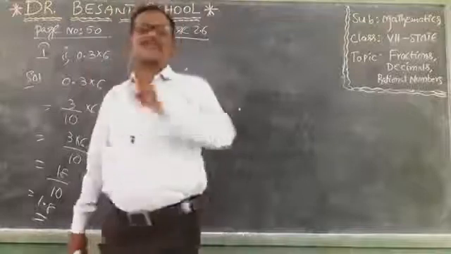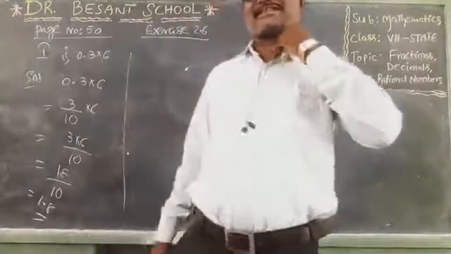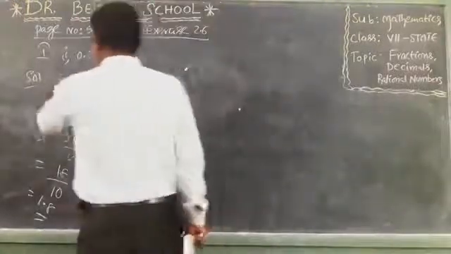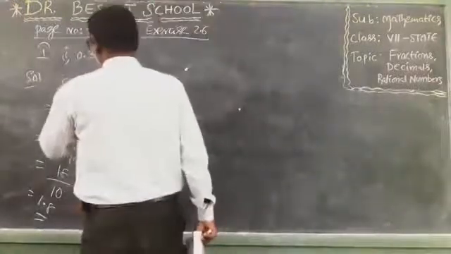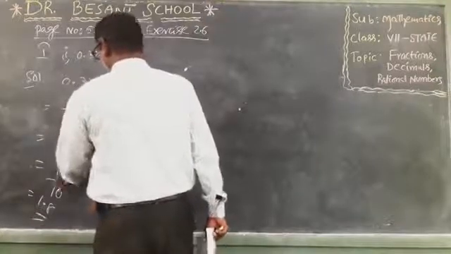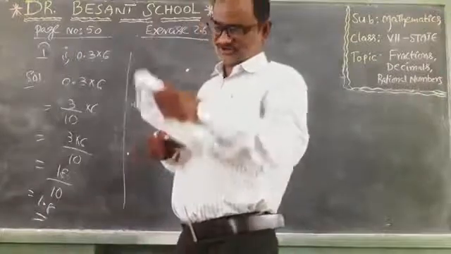You should not approach the normal procedure for any of the problems in this Roman, the next Roman, or all the Romans in this exercise. There is a systematic process. So 0.3 means 3 by 10 into 6. That means 3 into 6 by 10. 3 6s are 18 by 10, which means 1.8. That is the procedure we need to approach.